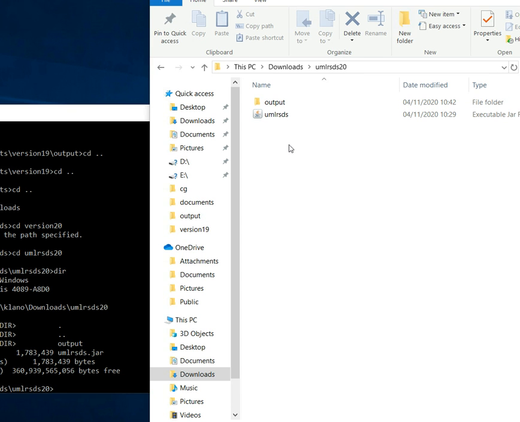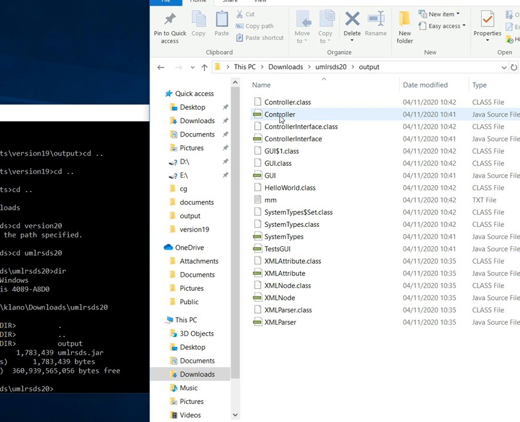Okay, let's have a look at a more complicated example of specification and code generation. So remember last time we had our installation in a directory here, UML RSTS20, and we've got the models in this directory including the generated code. So that was our previous system. The model file is by default called MM. We can rename that to MM Hello World